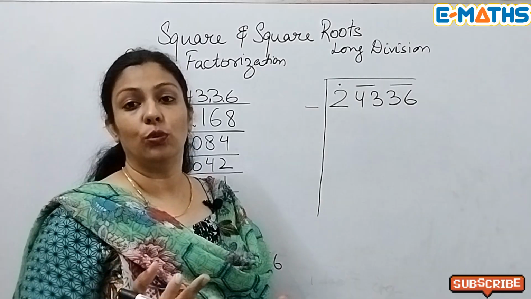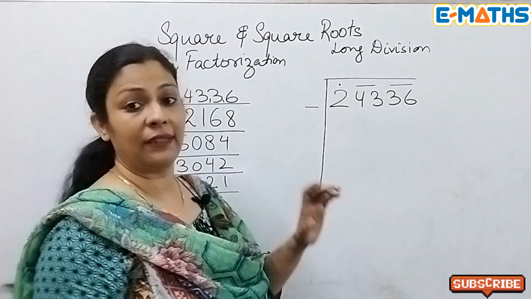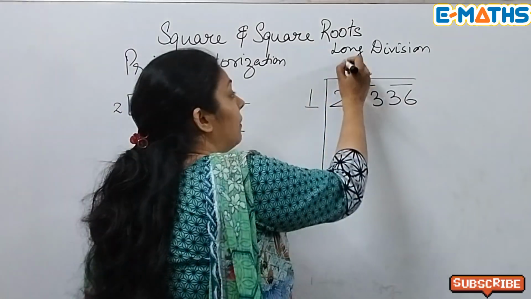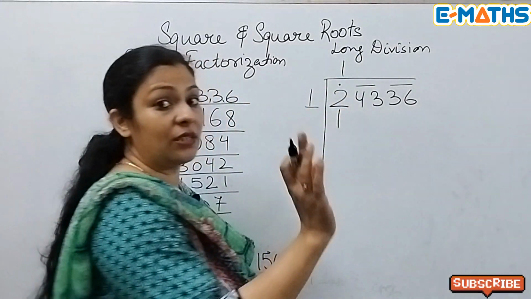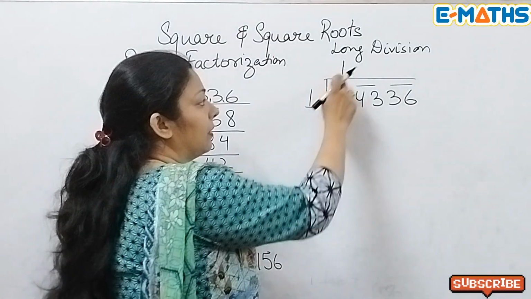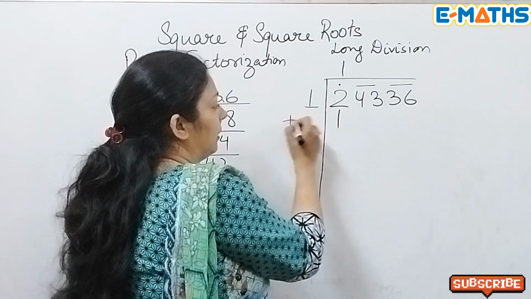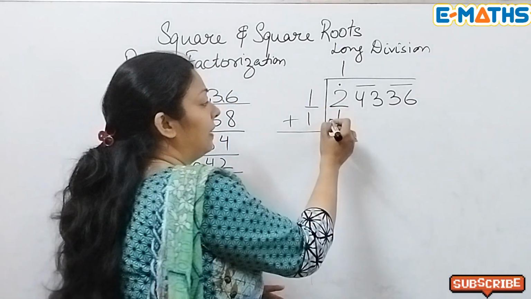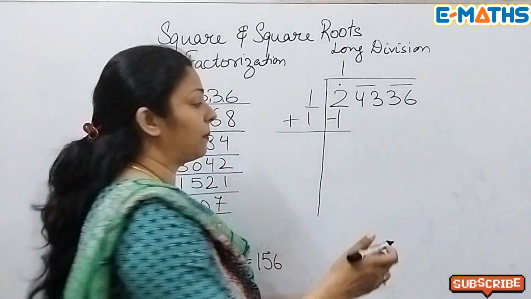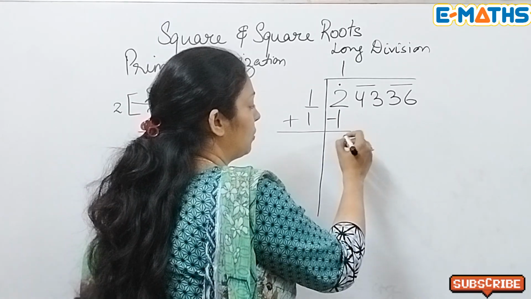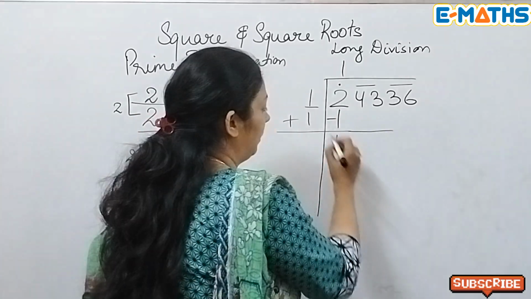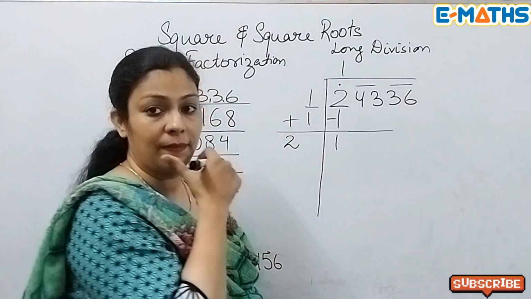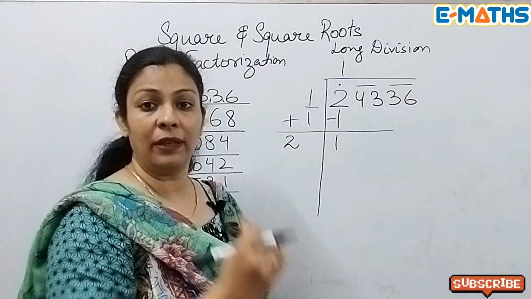So if I take a 2, 2 2s are 4, which is bigger than this, I cannot take it. So of course I have to move back and start from 1. 1 ones are 1. Now this 1 will be written here, here, here, and then you have to add it up on the left hand side, and like in division we subtract in the dividend part. So 2 minus 1 is 1. Here you will add it, so you will get a 2 here.